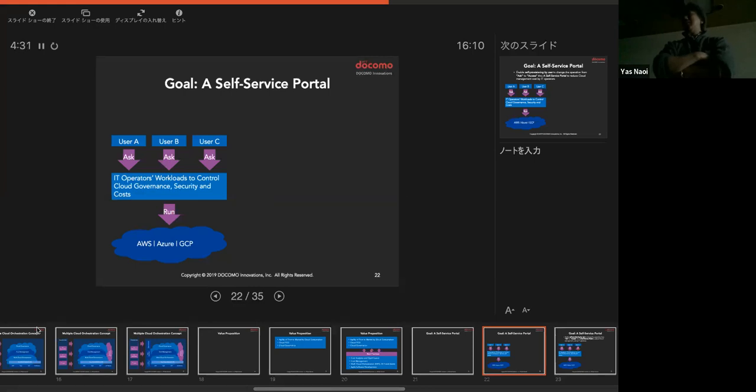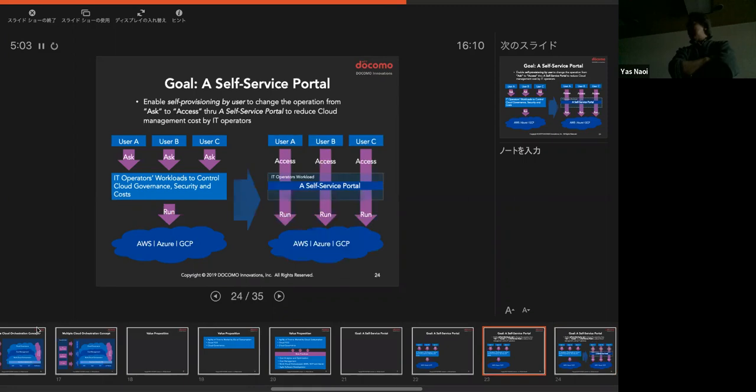Because they are not familiar with AWS, it's different from the Docomo headquarters use case scenario, because the headquarters engineer knows AWS so much, but here, the usual researcher is focusing on coming up with the algorithm or some more upper-layer logic, but they are not familiar with the infrastructure layer.